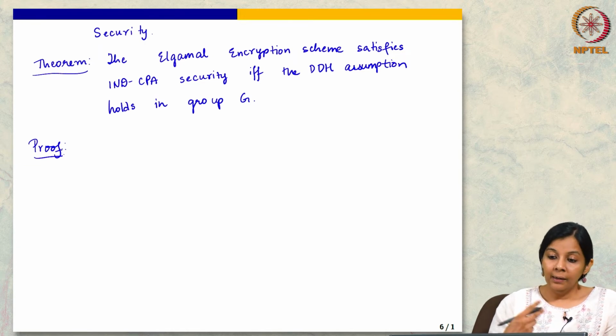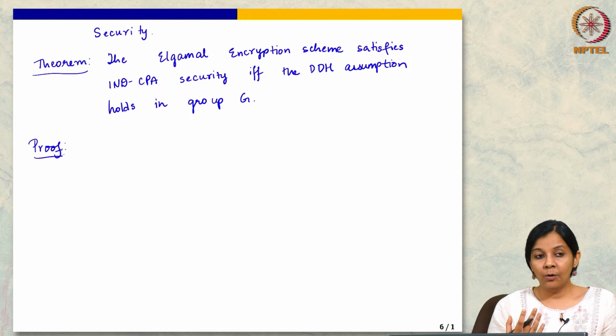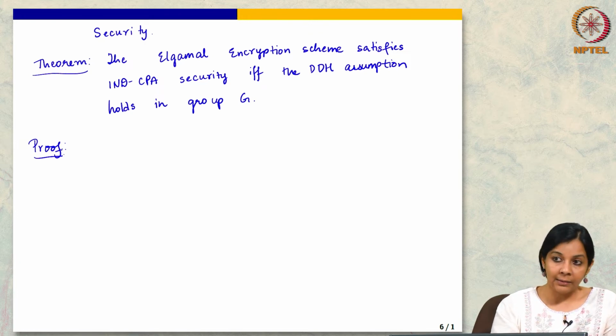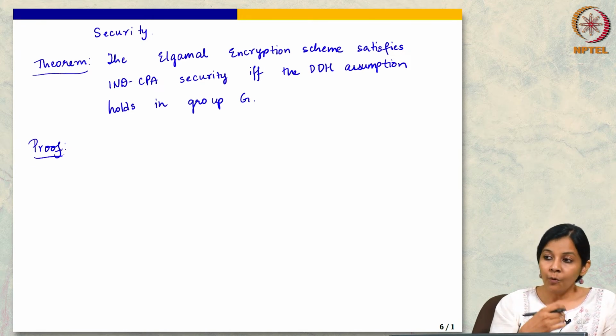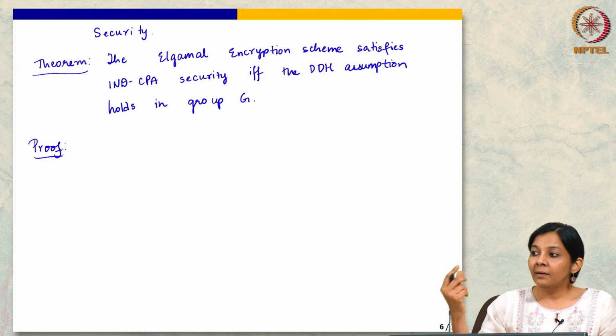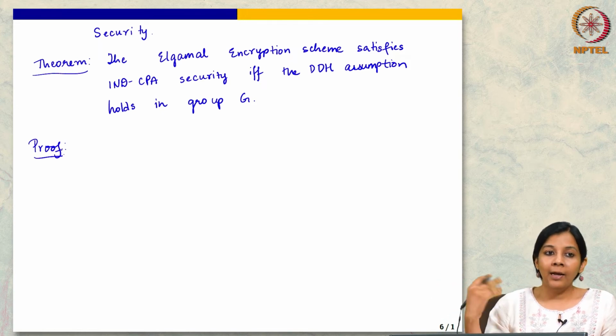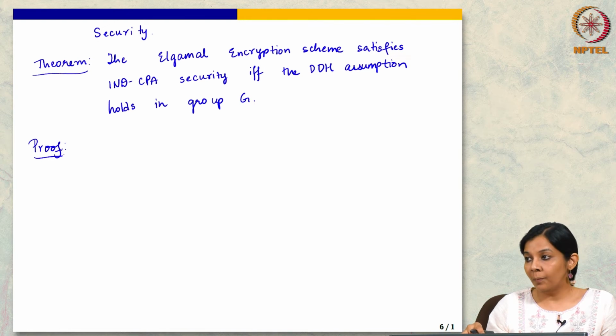So what do I need to do now? Assuming that, I'll argue it by contrapositive. Assume there is an attacker against the El-Gamal encryption scheme. I will use that to construct an attacker against the DDH assumption. I will construct what we call a reduction, which will take as input an instance of the hard problem DDH. So what is an instance of the hard problem? You should get G, G to the A, G to the B and a third element. This third element could either be G to the AB or it could be uniform, and I do not know which one it is.